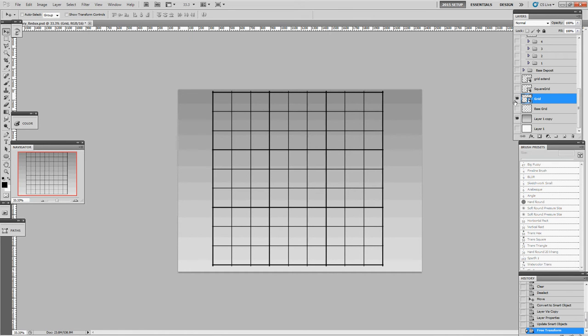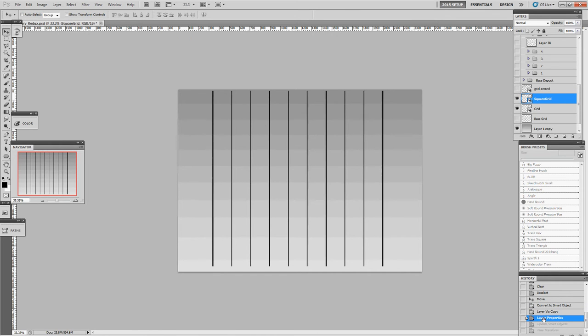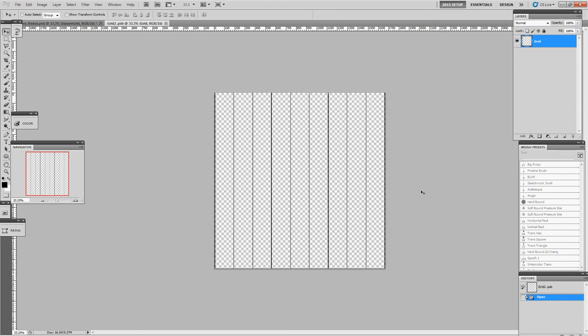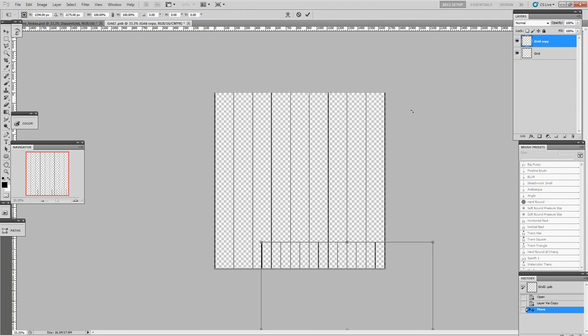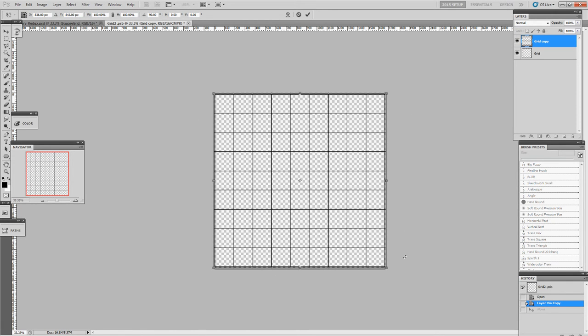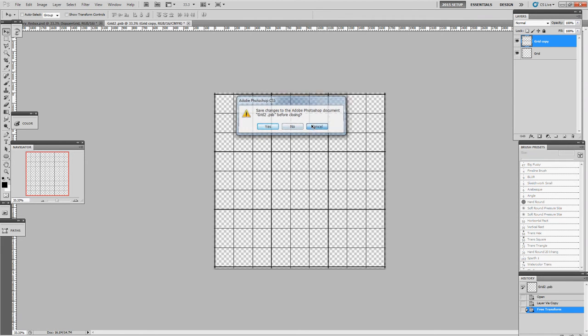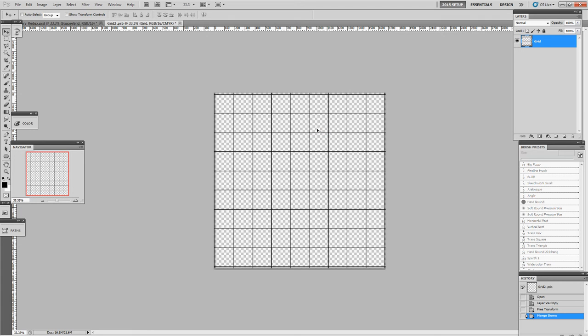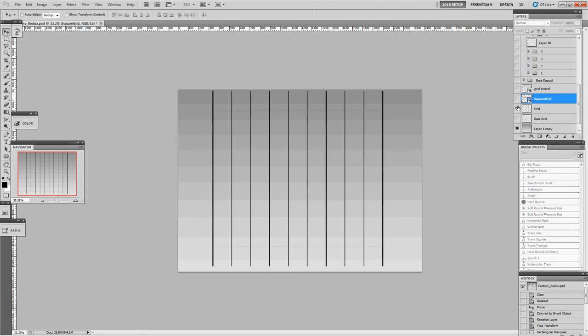You notice the original grid has these double lines here. That kind of sucks, but essentially, I'm going to go back here. I'm going to rasterize this really quickly. I'm going to go back in, duplicate the layer, and rotate it 90 degrees. Hit Enter to get out of free transform mode, by the way. Okay, so I'm going to merge down, which is E, save, close this, go back to our original grid, convert it to a smart object,